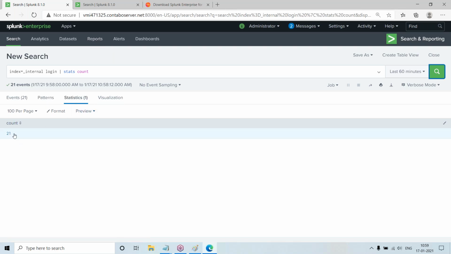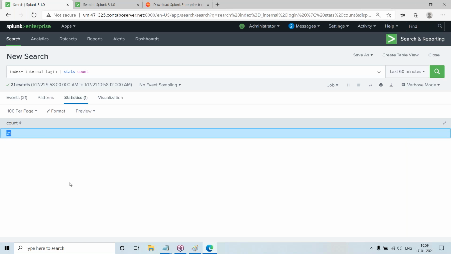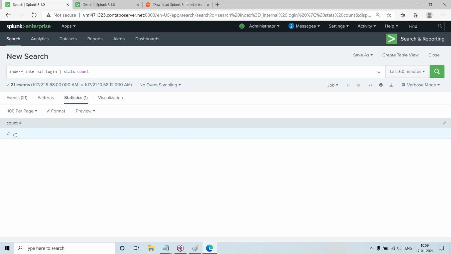Let us assume I put a threshold of 50 logins per day. If it exceeds 50 logins per day, it will send a mail directly to the admin. As soon as that count is breached, an alert will be sent. We can configure the alerts and reports as well.